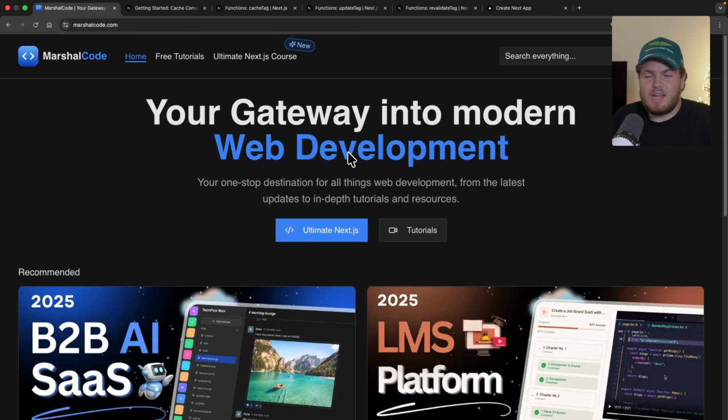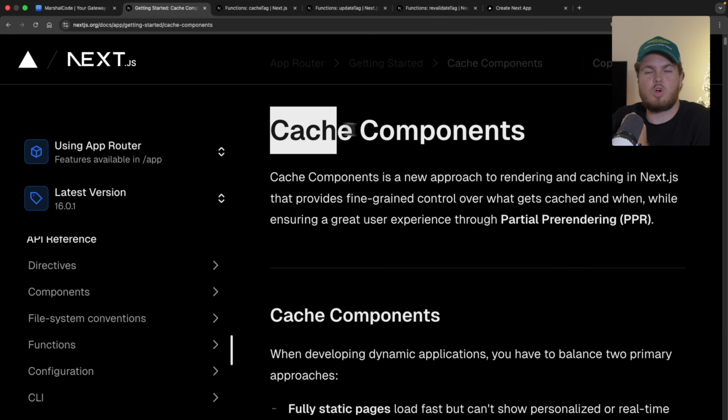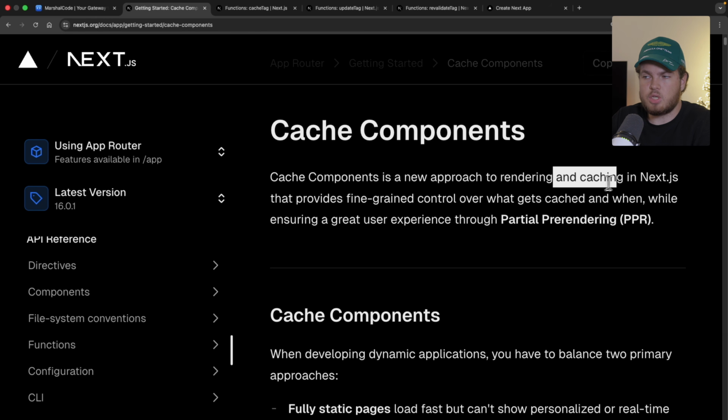Alright, so before we now implement cache components, you have to first of all understand what cache components even are. So let's head over to the Next.js documentation, and inside of here you will find a section called cache components. And inside of here they say cache components is a new approach to rendering and caching in Next.js that provides fine-grained control over what gets cached and when, while ensuring a great user experience through partial pre-rendering, or in short